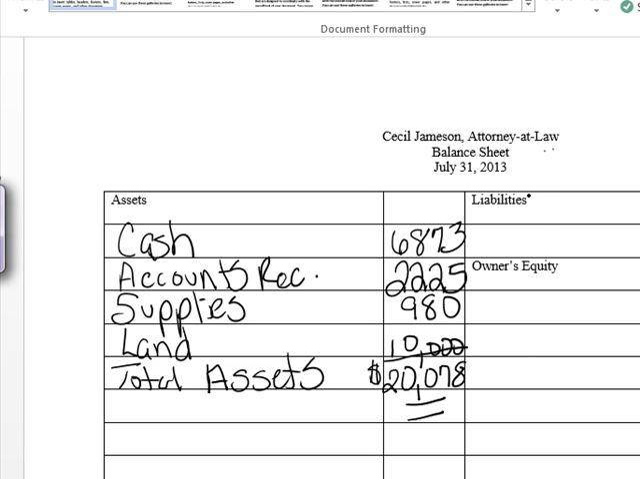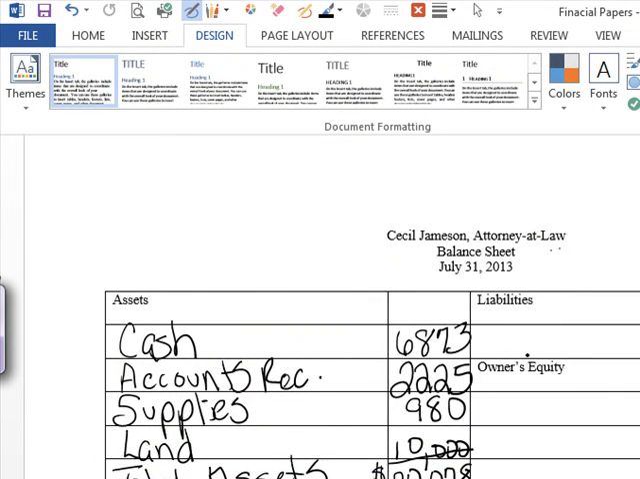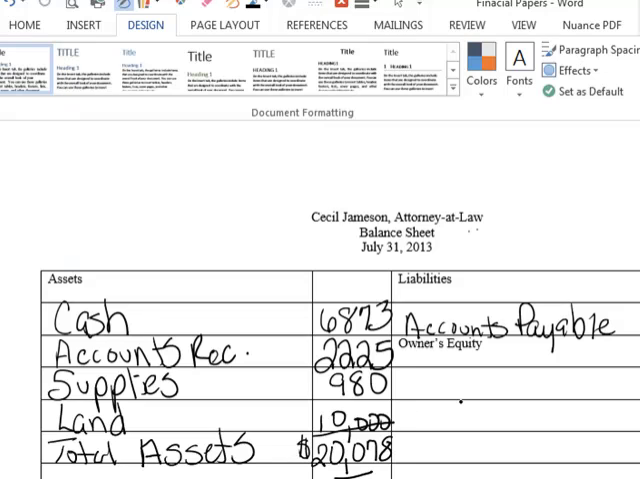All right. The next thing we need to do is find the liabilities. There's only one liability for Mr. Jameson, and that is the accounts payable. And that total is $2,355. Once we put that in, if we had multiple liabilities, we'd add them together and come up with total liabilities. But in this case, since there's only one, we're going to go ahead and drop down to the owner's equity. We're going to list Cecil Jameson